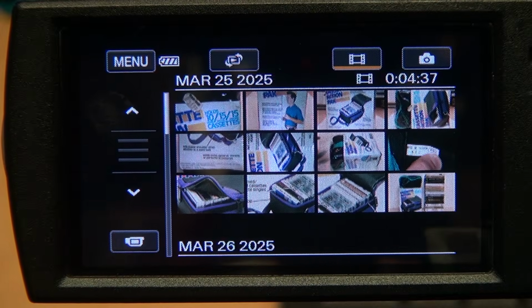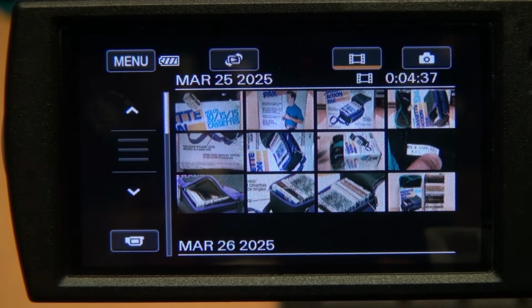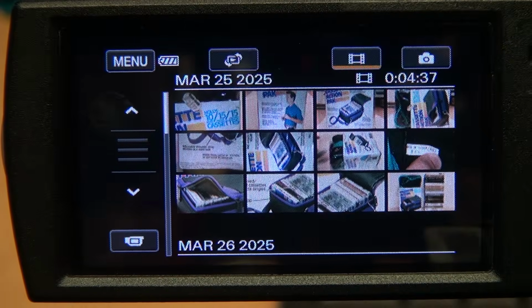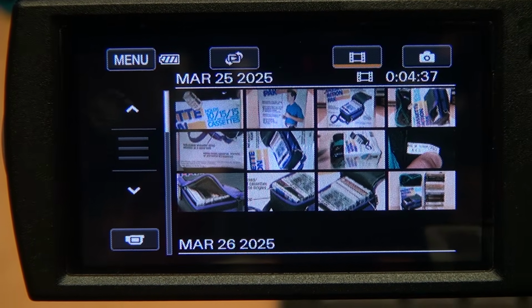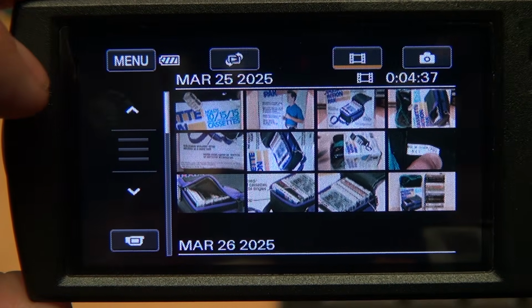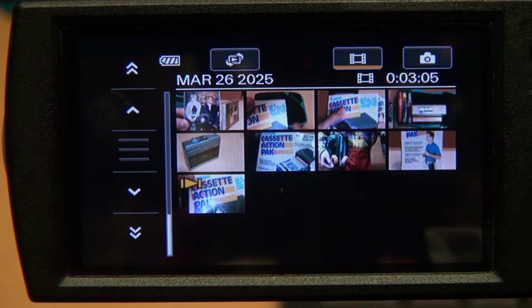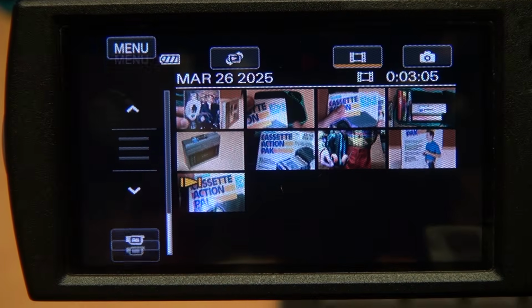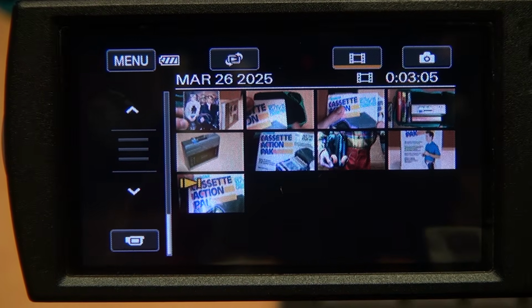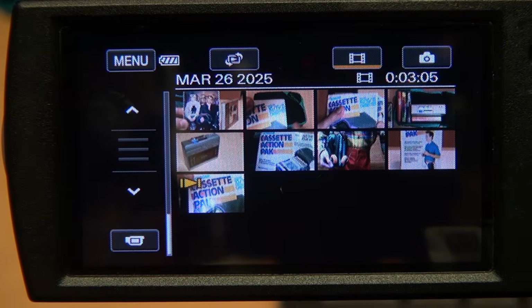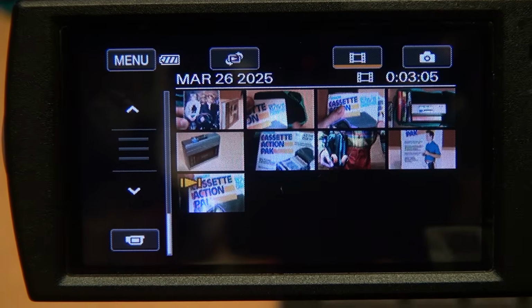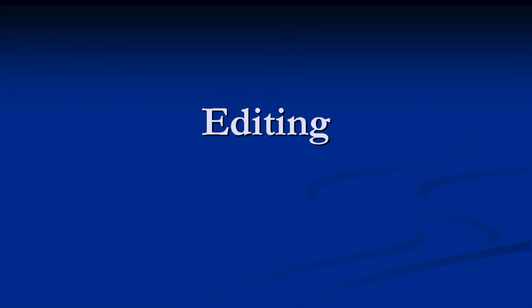And that's a wrap. This turned out to be a pretty short and simple video. You can see the Handycam's running total of 4 minutes and 37 seconds of recording time for the first day of shooting and 3 minutes and 5 seconds for the second day. So it'll probably turn out to be around 7.5 minutes long, except if I decide to reshoot or add any new scenes later, which definitely does happen sometimes.